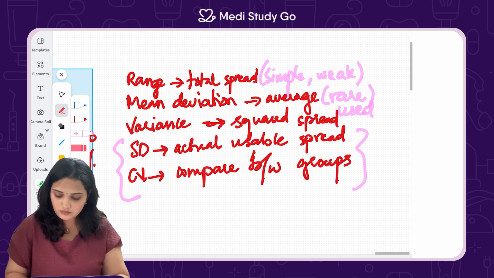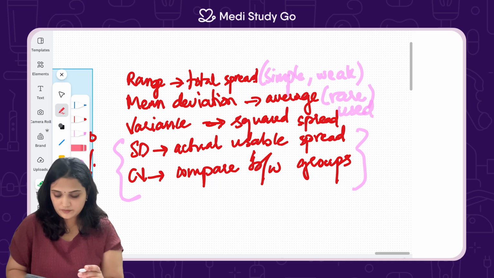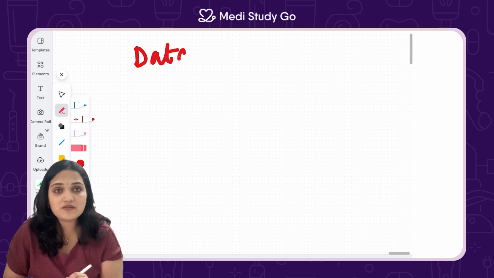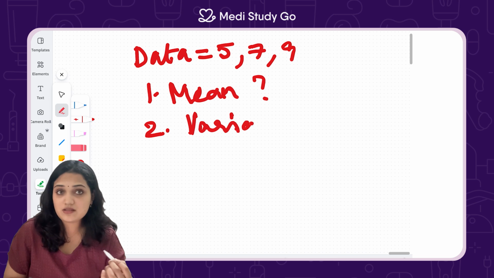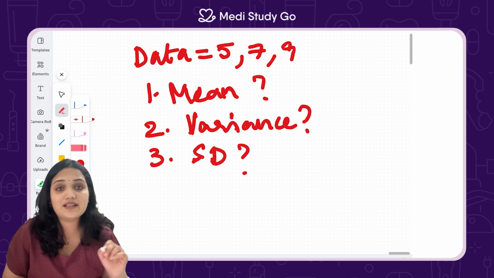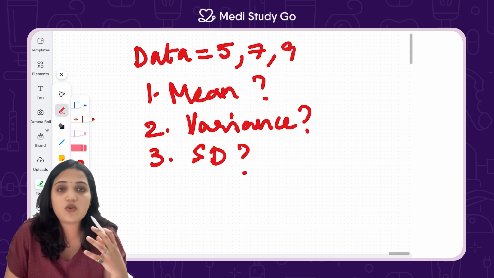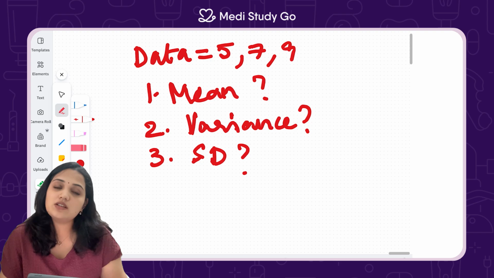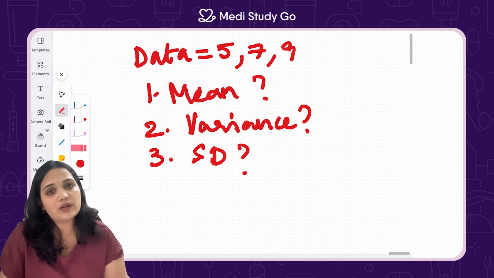Okay. Now, I'll give you a few things the way you can test yourself. All right. Let's say your data set is 5, 7, and 9. Find the mean. Second, find the variance. And finally, find the standard deviation of that data set. And tell me, is this data tightly clustered or is it widely spread? Tell me in the comments below what answers you got. And if you didn't understand it, if you're still struggling with it, tell me that as well. We'll go through it together, okay?